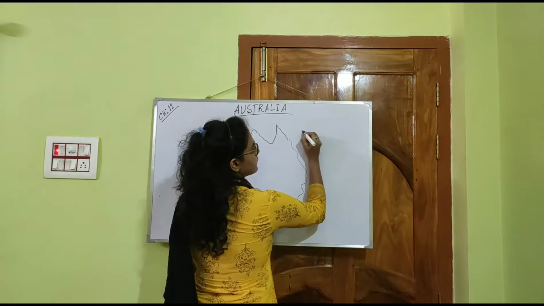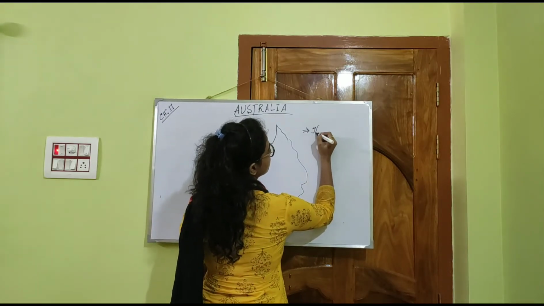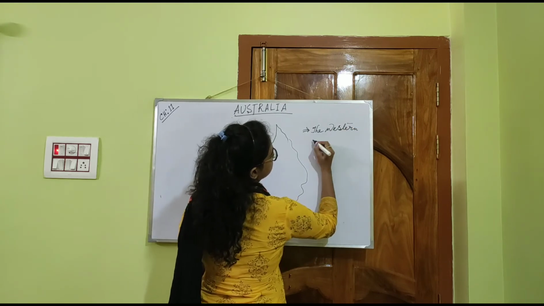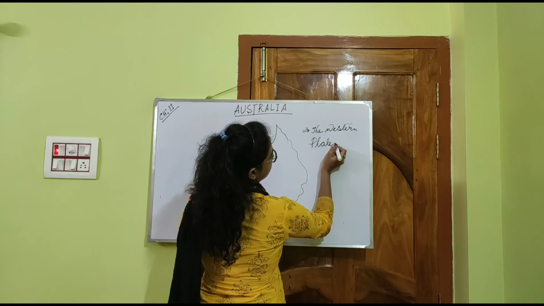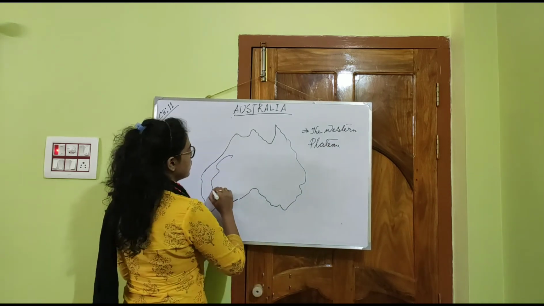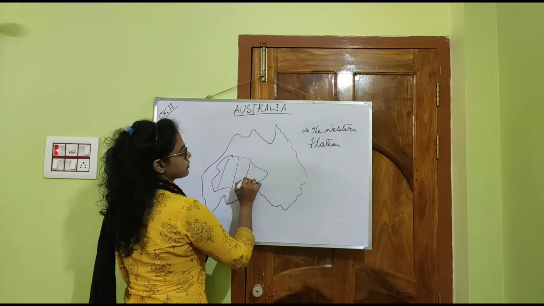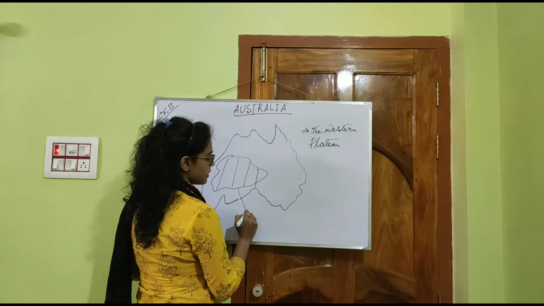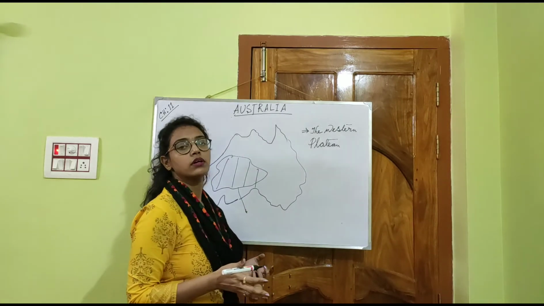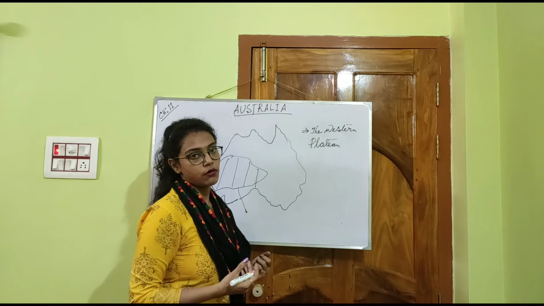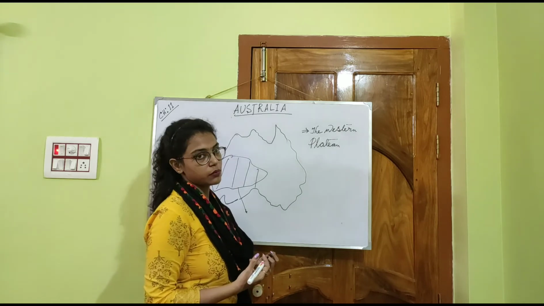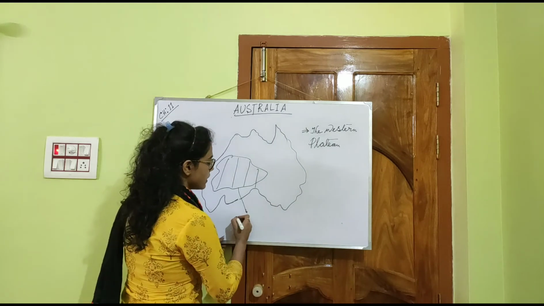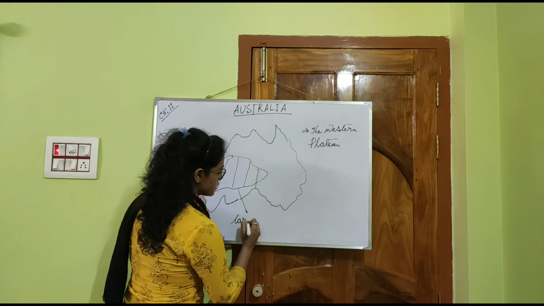So today we will start with the Western Plateau, another feature of Australia. So here is the Western Plateau. This plateau is an old plateau, almost as old as our Deccan Plateau, which is in the southern part of India. Like the Deccan Plateau, it is an old plateau, and it is Australia's largest